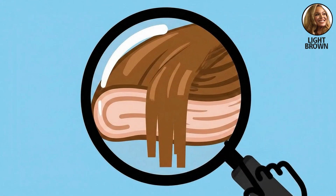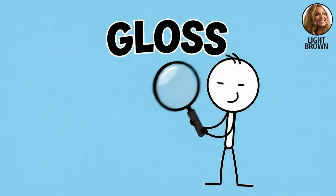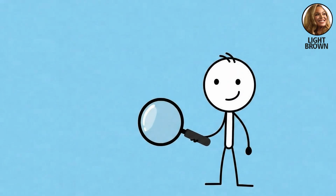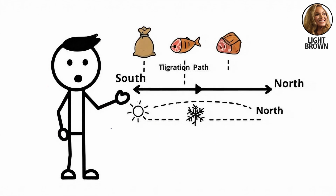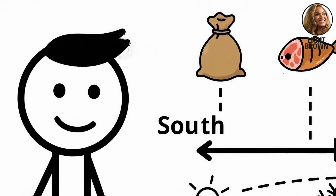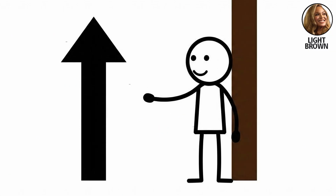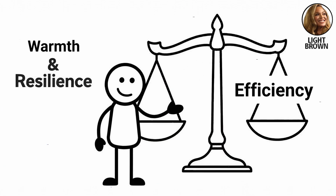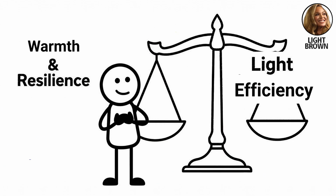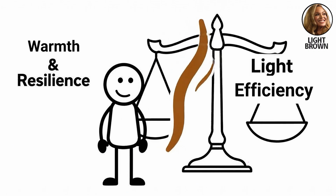Structurally, light brown hair tends to be finer, with a smoother cuticle layer that reflects more light, creating the perception of gloss or brightness. The transition toward lighter hues also corresponded with changes in dietary and seasonal behavior. As humans moved north and relied less on sun exposure and more on stored or animal-derived vitamin D, pigmentation began to relax. Light brown hair thus symbolizes an evolutionary compromise, retaining warmth and resilience while allowing photochemical efficiency in lower